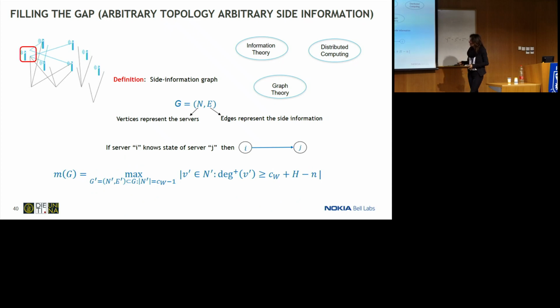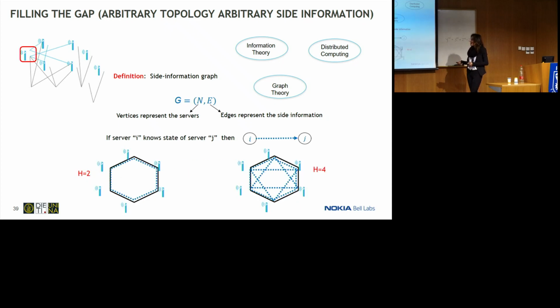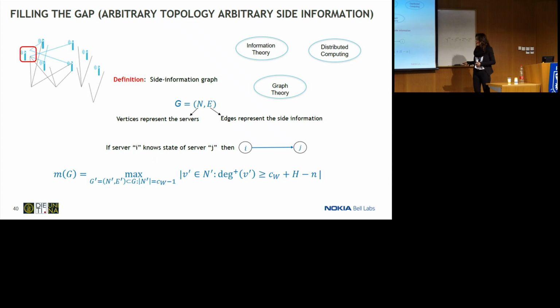So, okay, once you introduce this side information, why do you want to introduce this side information graph? Because actually, this is the only formula that remains. Given the side information graph, what we did is we were able to connect the gain that you can get in terms of the storage cost with this quantity, which can be defined starting from the expression of the graph. This is a kind of measure of connectivity.